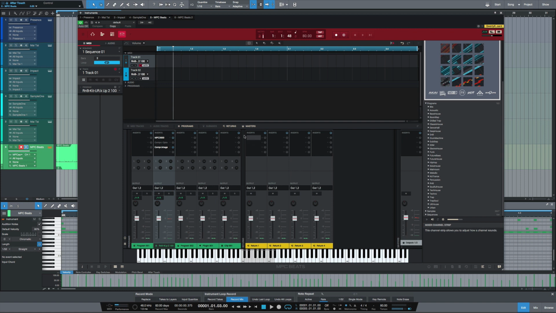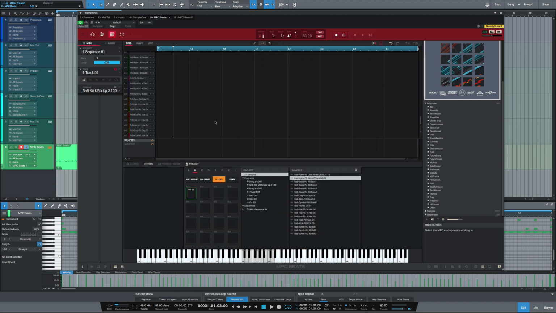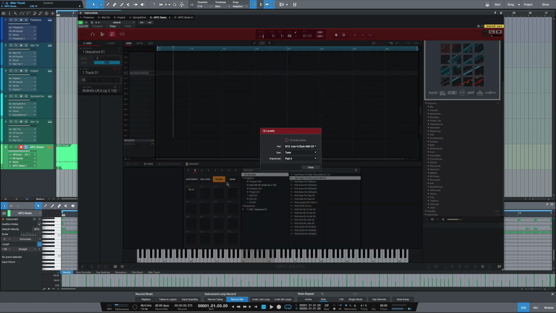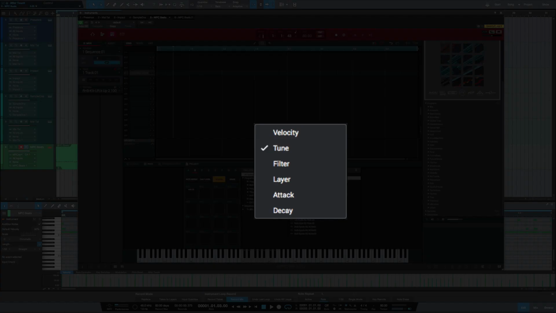One of my favorite things about MPC is the 16 level feature. So I've got my drum kit over here on bank A. Bank B, I've pulled in a sample just to demonstrate the 16 levels. So if you're not familiar with MPC workflow, the 16 levels, when you click it, you have,